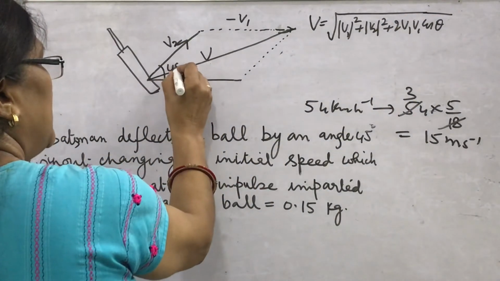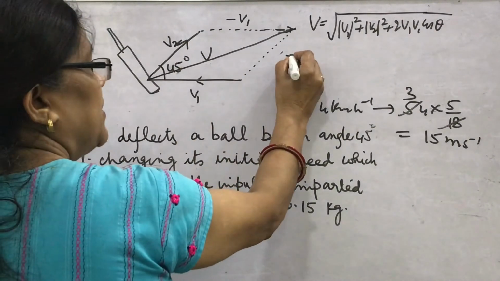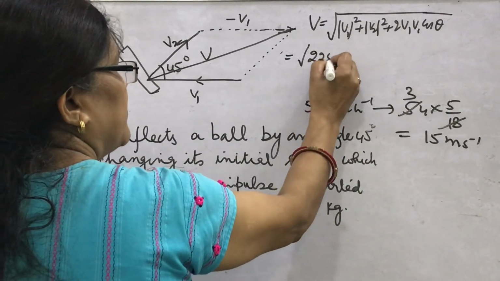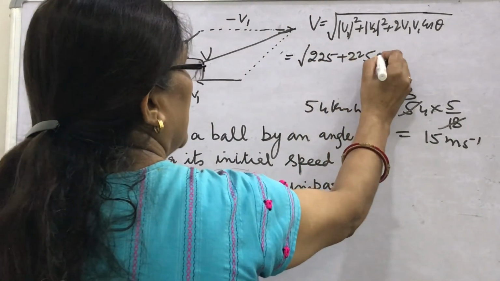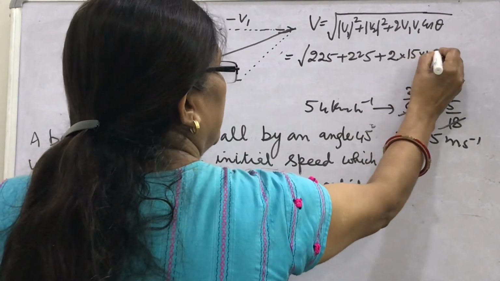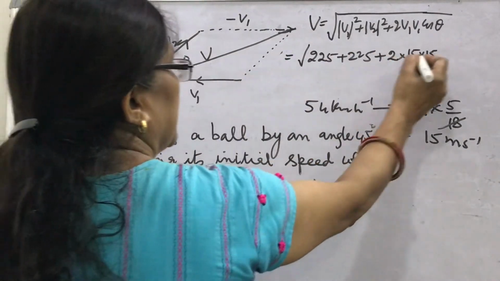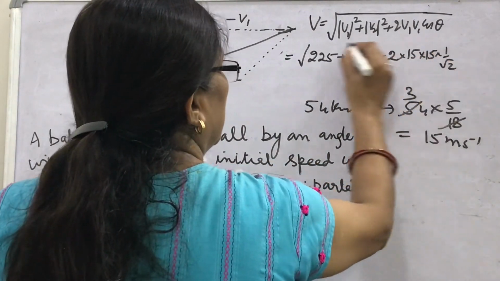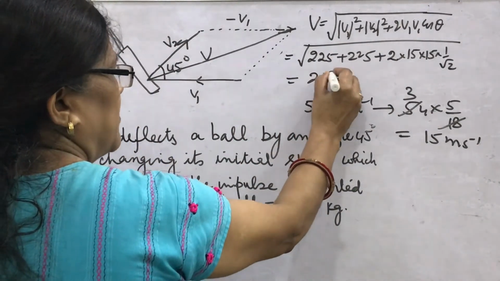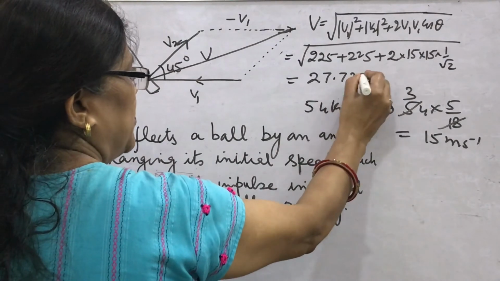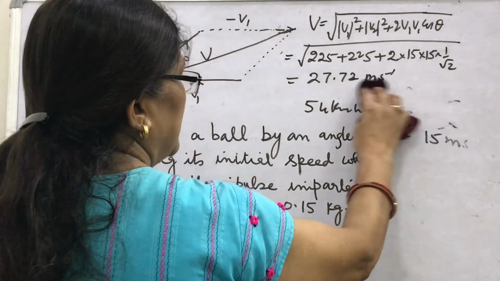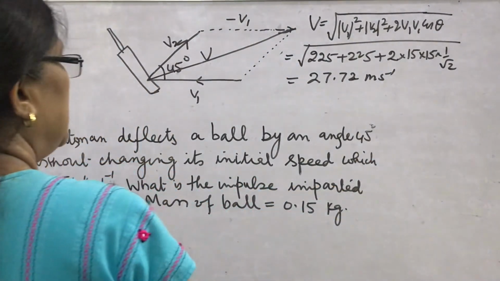What is theta here? 45 degrees. You put the value, what will you get here? This will be 15 square, so 225 plus 225 plus 2 into 15 into 15 into cos 45, that is 1 by root 2. When you solve it, it comes to about 27.72 meter per second. So what we have observed here is that the change in velocity is this,